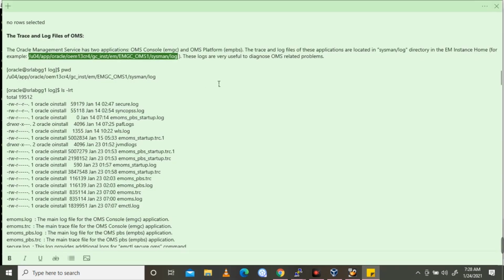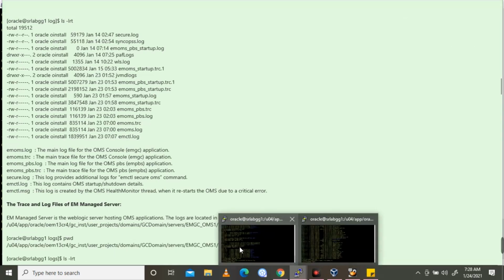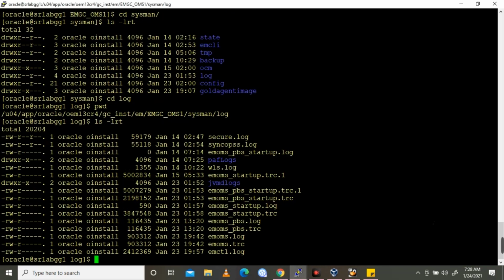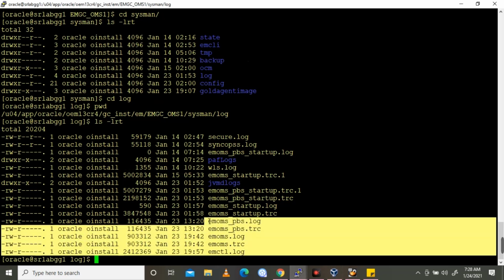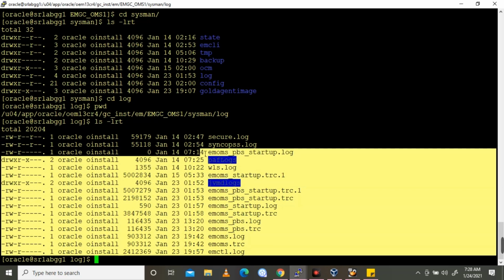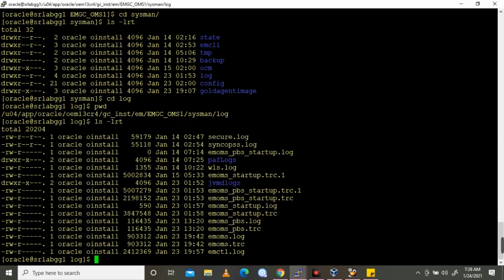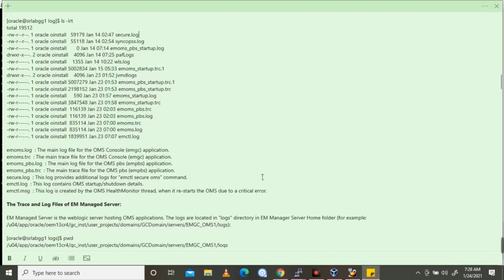These logs are very useful to diagnose OMS related problems. You can see here, these are all the logs we are going to analyze. These are all the important logs for diagnosing any OMS issues, any problems that occurred.